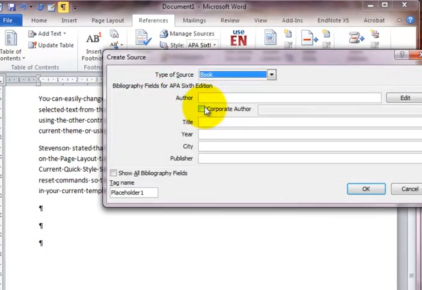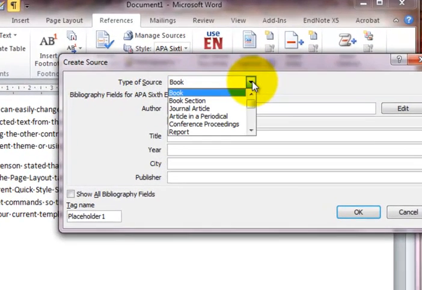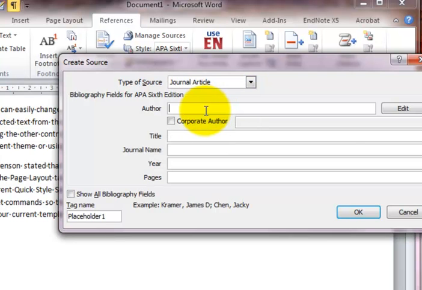Add a new source, and it's a journal article, let's say, okay, and Mary Stevenson, one author, and title of my journal article, Jazz in the 20s,